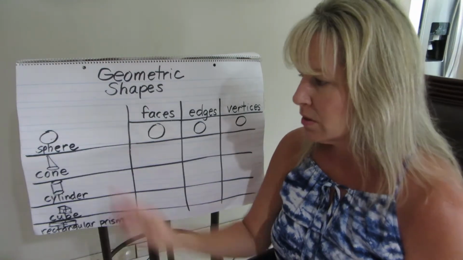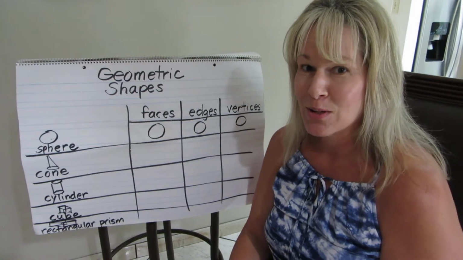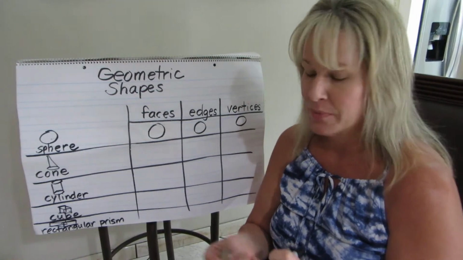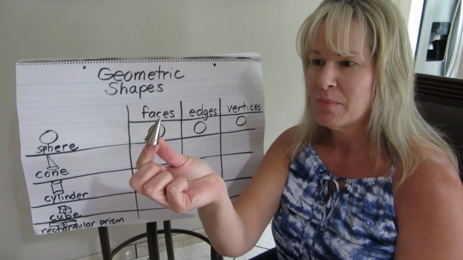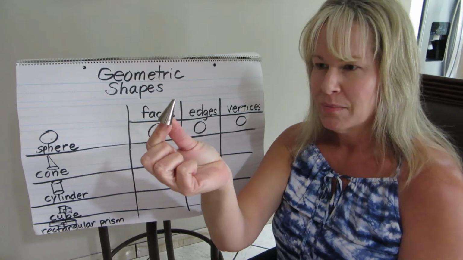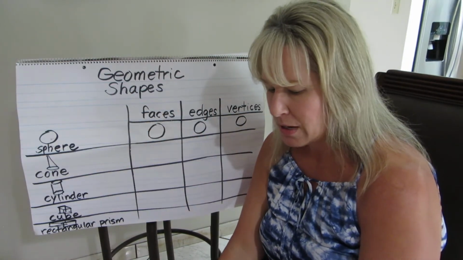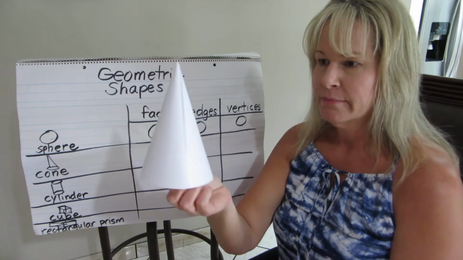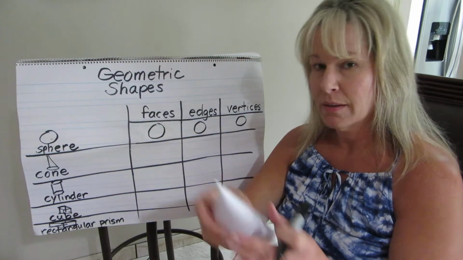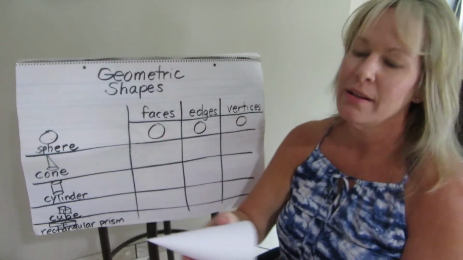All right, cones. I don't have any ice cream cones at the house. Somebody might have eaten them. I did find one of my baking tips, but then it looked kind of small in the picture, so I just made a cone. I just taped a piece of paper, like a little party hat. All right, so cones are fun